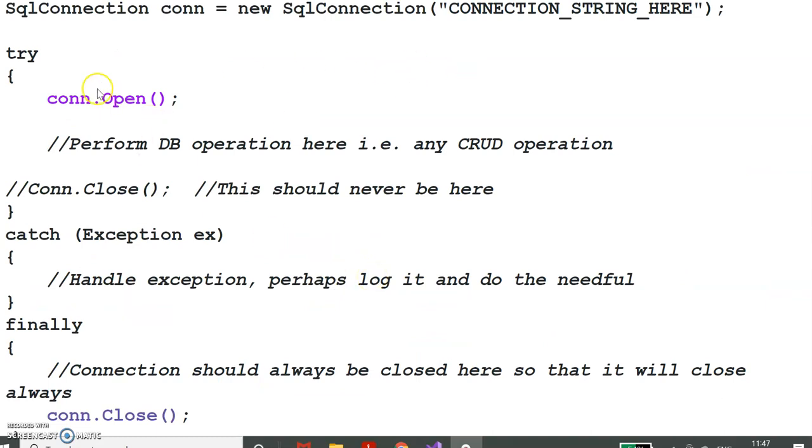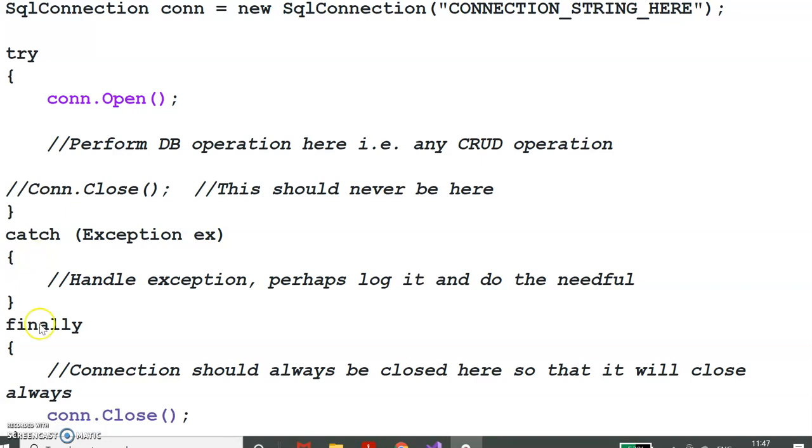Now this is one example of where the proper position of the close method should be. This is your SQL connection con, new SQL connection, and the connection string we have to provide here. Then we should use try catch statements for handling any exception or error. This is a best practice.